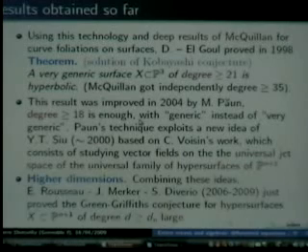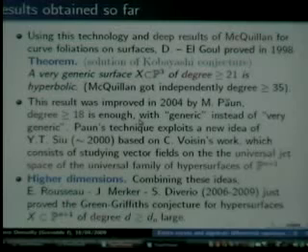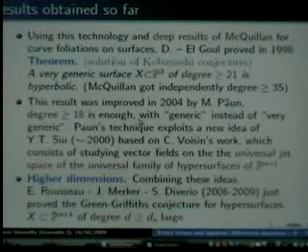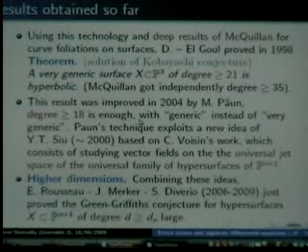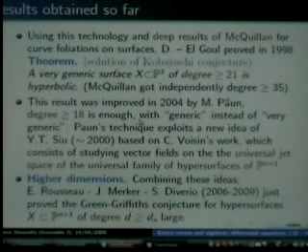And very recently, three authors, Erwan Rousseau, Joël Merker, and Simone Diverio. So Simone is one of my latest PhD students. So combining their results in the course of a few years, they just proved the Green-Griffiths conjecture for hypersurfaces in P^{n+1}. So of course this is still far away from solving the conjecture for arbitrary algebraic varieties, but it's already a very big step,